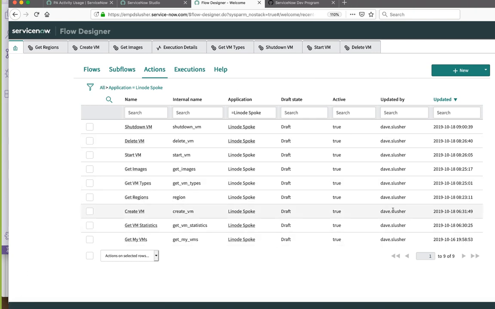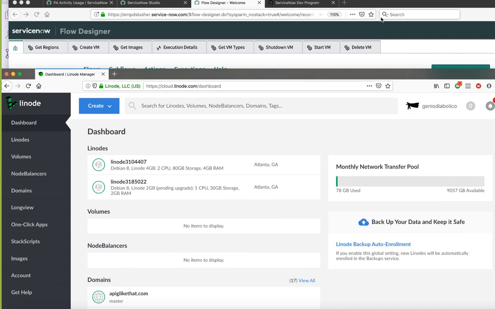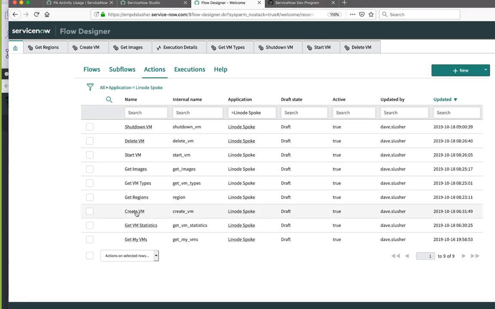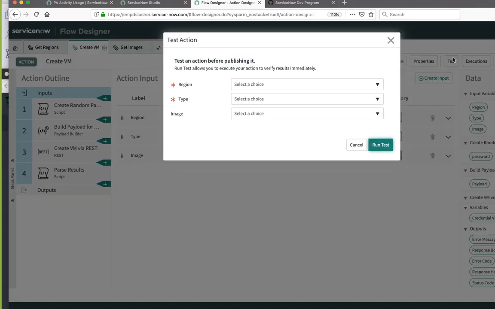Right. I've not been working on this that much. It's like I've been watching TV and working on these with one eye. So this is my account, and these are actual real running VMs. Now what I'm going to do, at this point I have yet to actually create a flow. Every time I've executed them, it has been from the test action, which, as we have pointed out, is one of our favorite things.